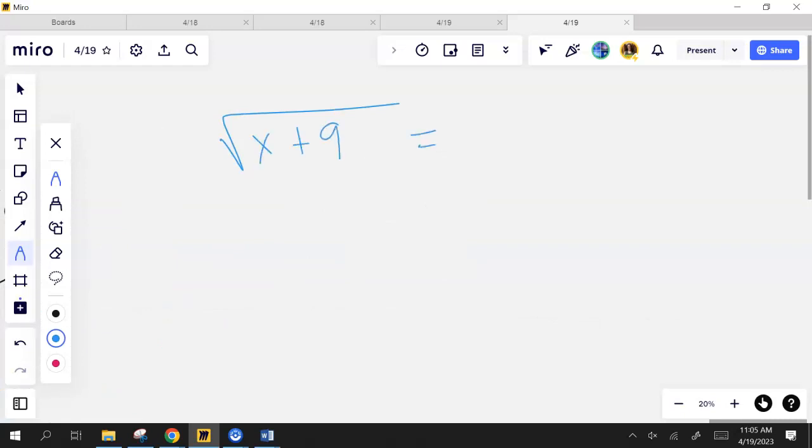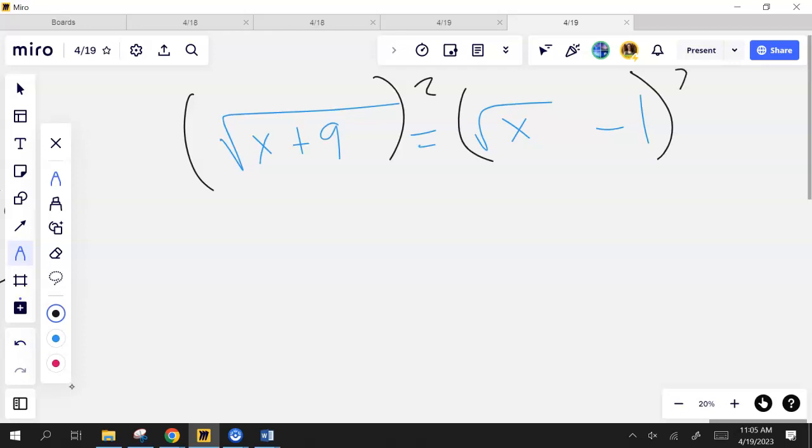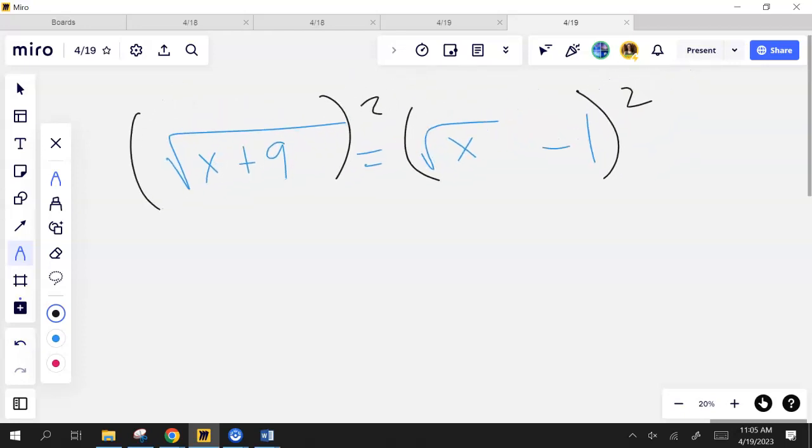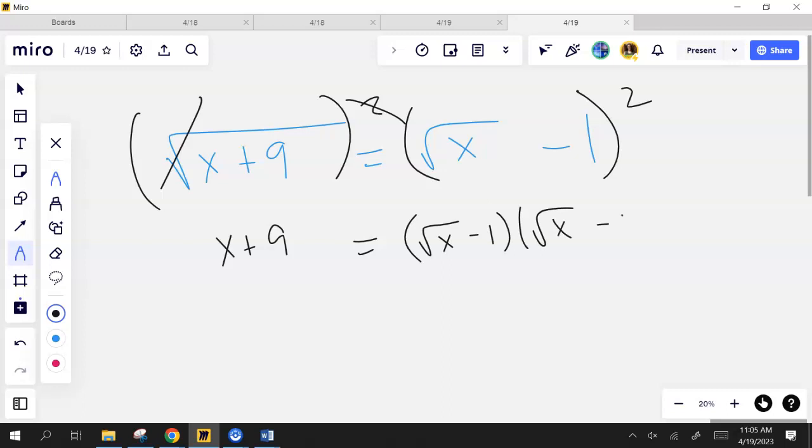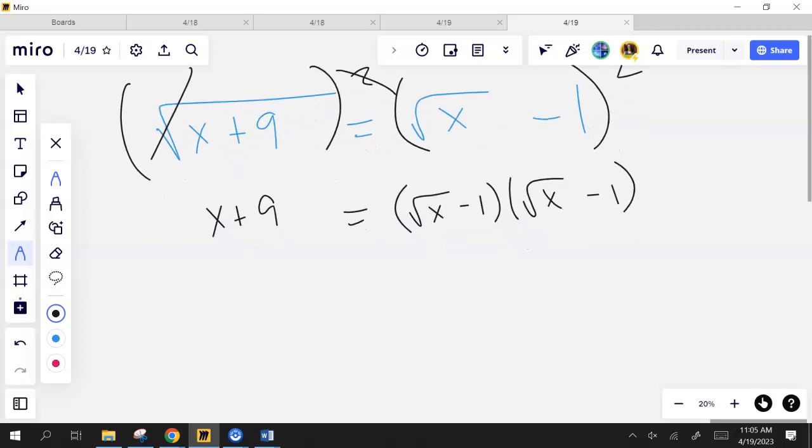I will say, if you get something that looks like this, and I'm pretty sure this shows up on the homework, and you square both sides, I think, Caden, this is going to answer the question that you had. This is gone, right? That's easy to recognize. But on the right side, now I've got an add or subtract inside here, and so what I'm going to have to do is FOIL this one. But when I FOIL, watch what happens. I've got x plus 9. The square root of x times the square root of x is x